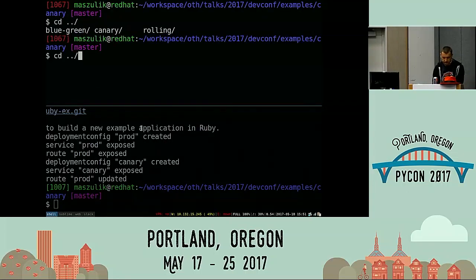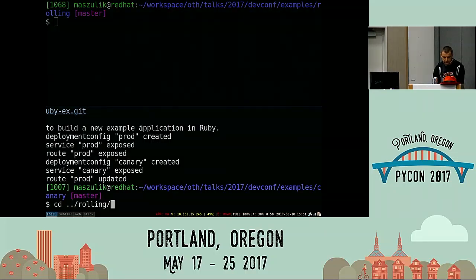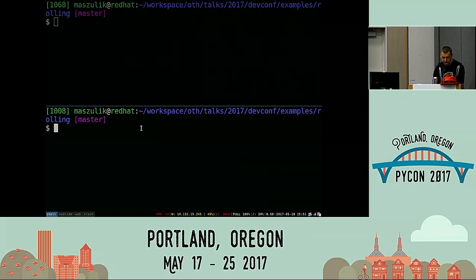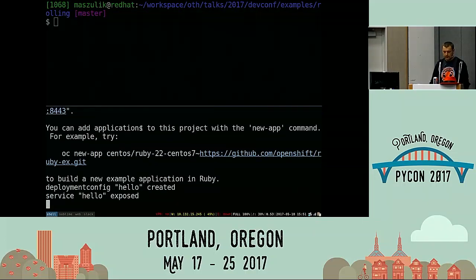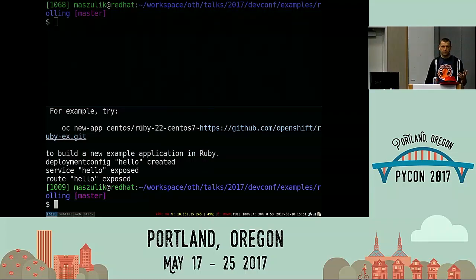And the last one is showing off the default deployment strategy that we have in OpenShift, which is the rolling one. Like I said, there are three possible strategies for deploying applications in OpenShift. The default one is the rolling one that I'll be showing you right away. The second one is recreate, which is literally kill the old one, create a new one from scratch. The third one is a custom deployment, which means you provide us with a deployer image which knows how to